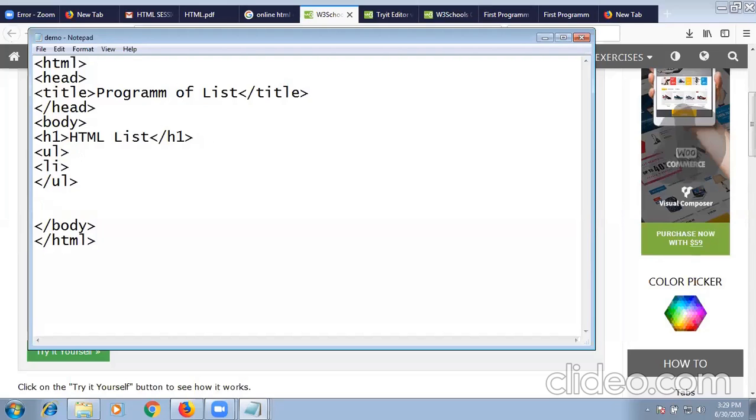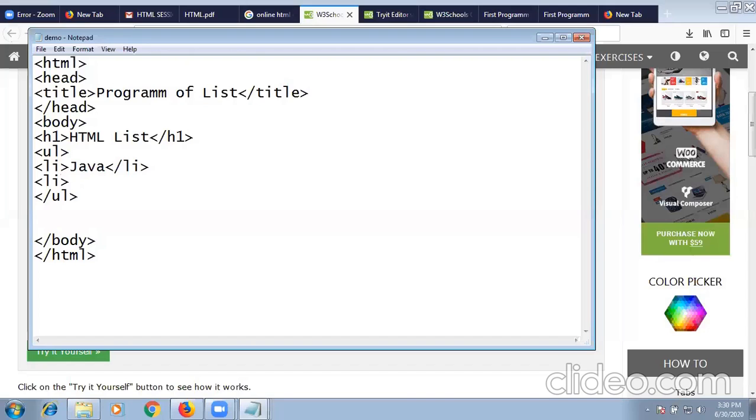For the example, I will use programming languages. The first one is Java. As I have started, I have to close the LI tag also. Then for the second, I will use an LI tag.